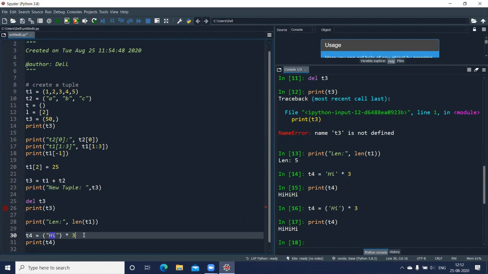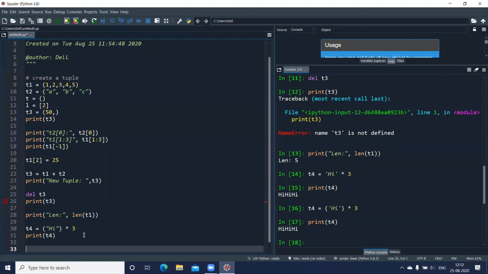Now the other operator which we used with list was the membership operator. Which is the membership operator? The in operator and not in operator.